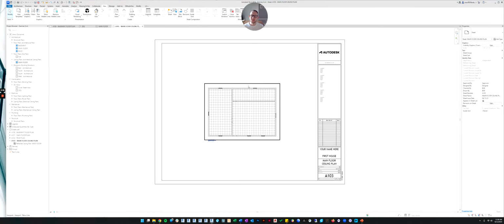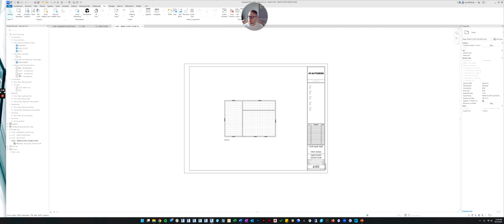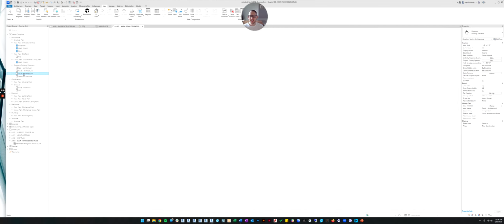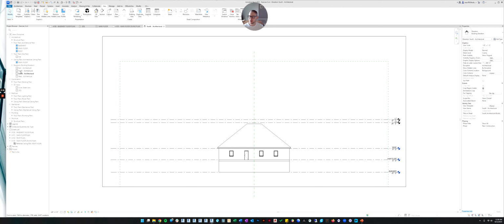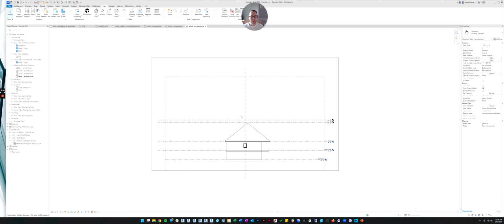Okay, so for this task, we're going to simply be creating exterior elevations. Now, if you remember, the template, again, already came with some exterior elevations created for you. It was great when we were first learning in the last exercise to already have those views created, and it will be great in the future to have a template that already creates these views for you. But you need to know how to create your own exterior elevations.